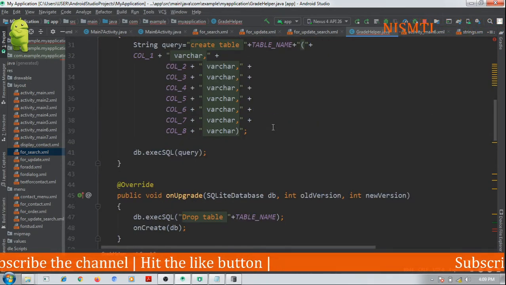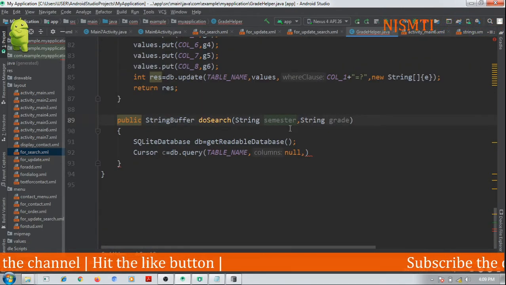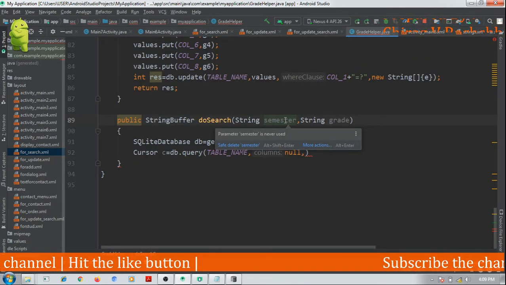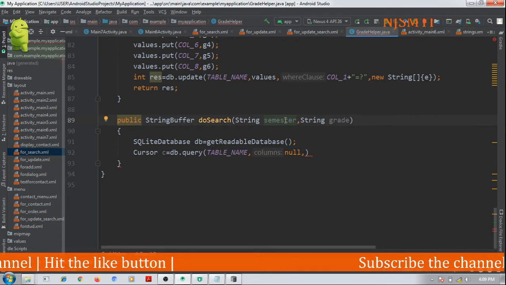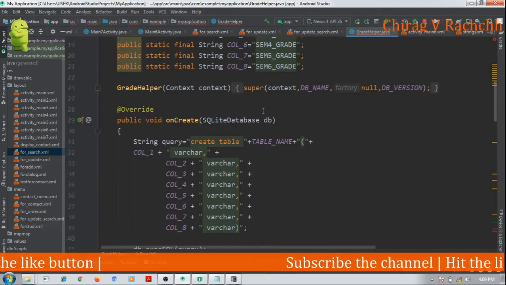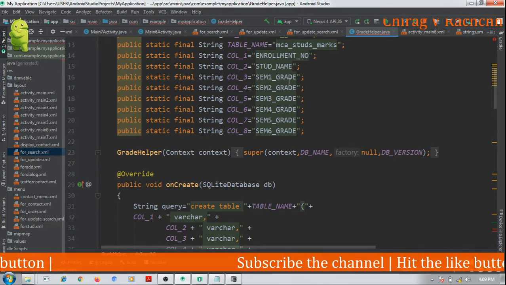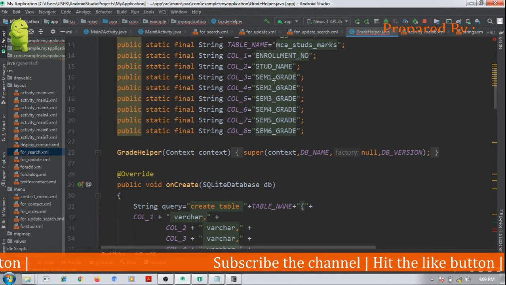What should we do? We need to identify what the semester is which is passed from here. Semester underscore 1, semester underscore 2, or we can just write these names there.